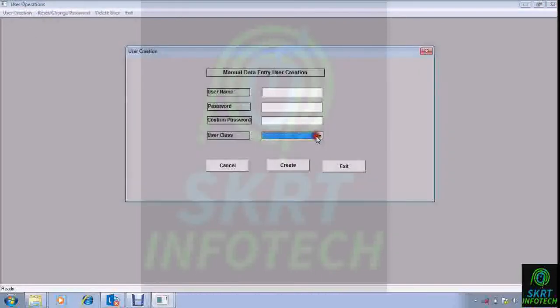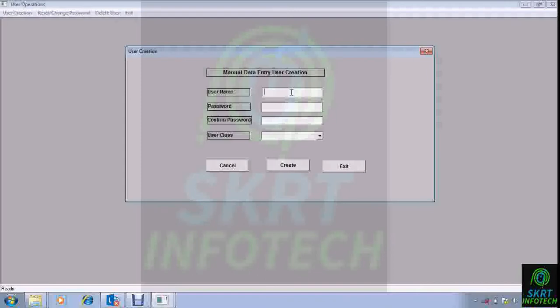User creation. This is the normal screen wherein you will create a super user and a counter user. Now the super user and counter user, there is not much of a difference now, because you have removed that initialization and super and counter differentiation.